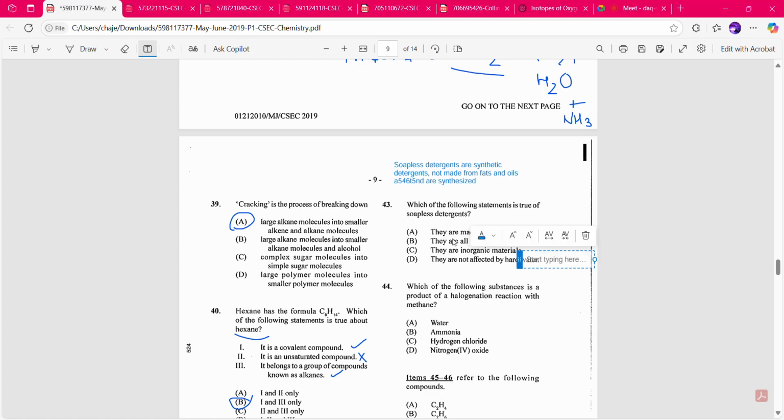So which of the following statements is true of soapless detergents? They are made from fats. That is wrong. They are biodegradable. That is wrong. Soapless detergents are not biodegradable. Know that they are made from synthetic materials, hence not biodegradable. They are inorganic. Yes. They are not affected by hard water. No. Matter of fact, they are affected by hard water. So the correct answer